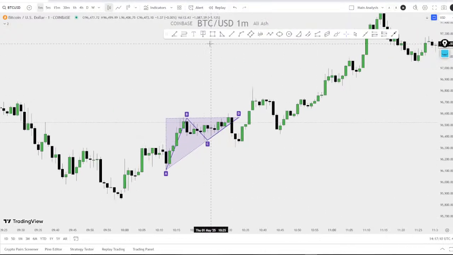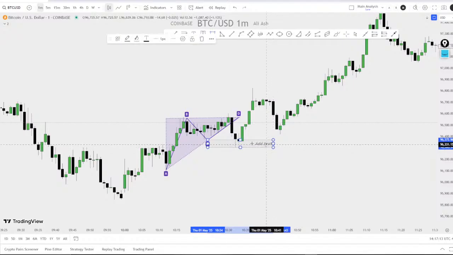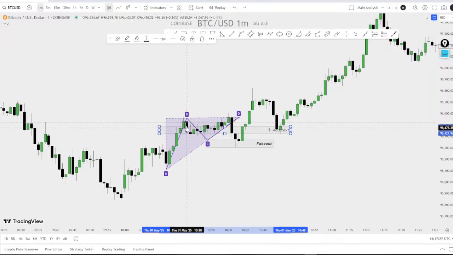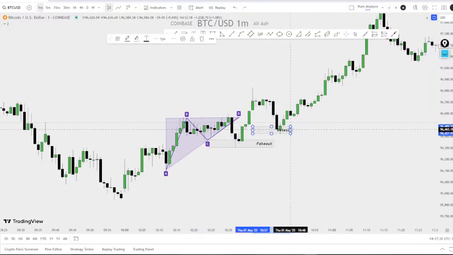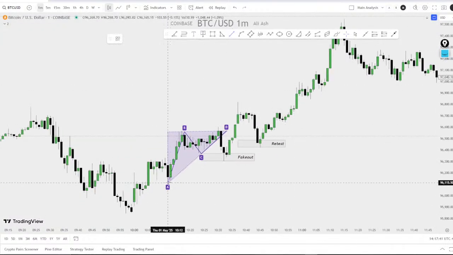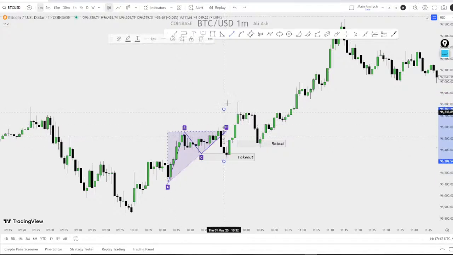So first we have the fake out, then we have the retest, and it will usually retest on the central zone. The market is choppy, it will try to retest here, and you have to see a morning star. So here we have the morning star, and then the market went up. Okay, and using the SR interchange, you can find the reversal. So the fake out came here, and here we go with the fake out reversal.